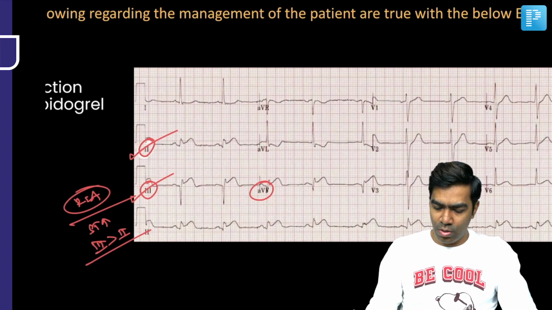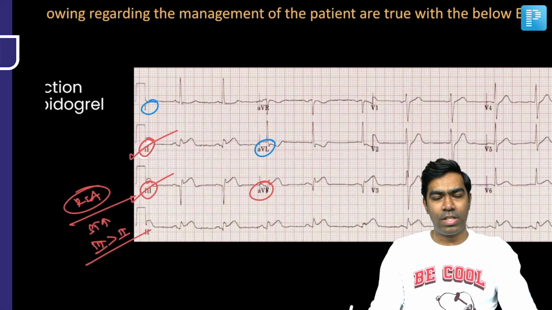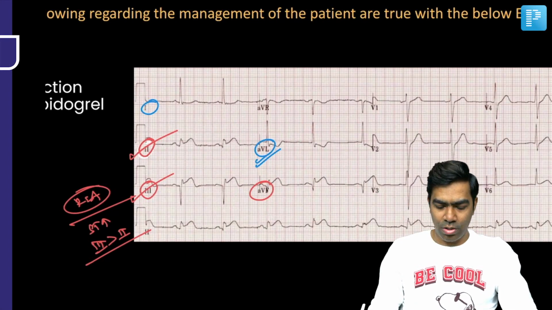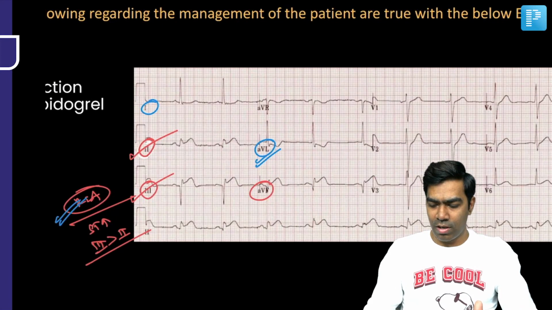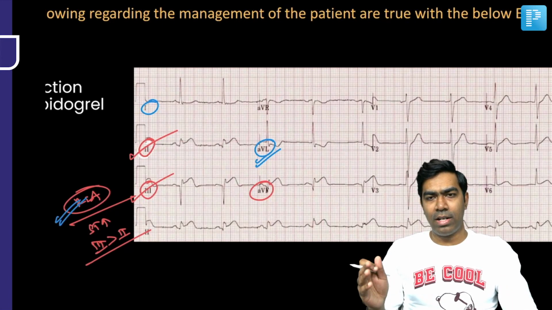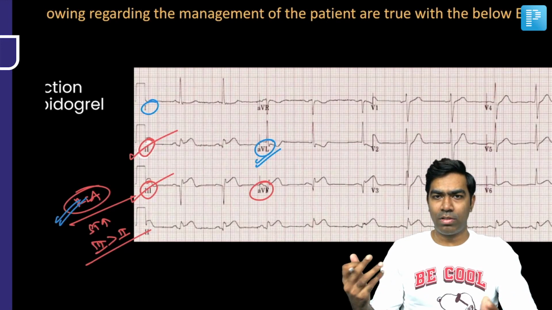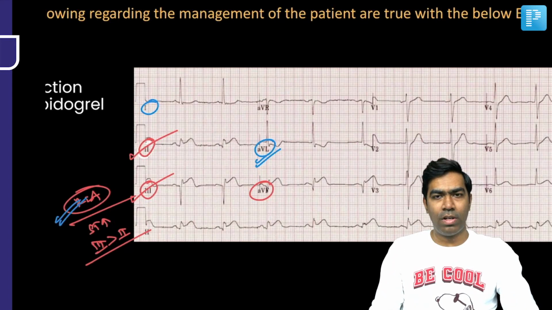And also look at the lead AVL and lead 1, so which is showing more ST depression. So I think AVL is showing more ST depression compared to that of the lead 1. So that also confirms that it's very likely to be a RCA culprit. Whenever there is a RCA culprit, it's possible that the patient can have a right ventricular MI. Even though I cannot confirm with the 12 lead ECG, I need a right-sided lead like V4R to confirm the presence of an associated RVMI, but I cannot rule it out just with the help of a standard 12 lead